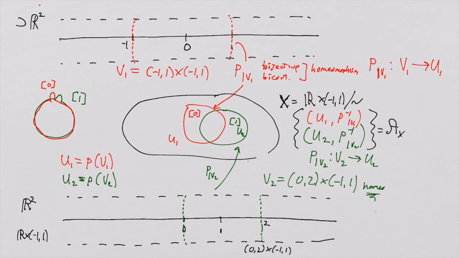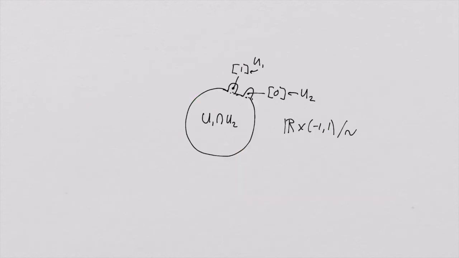U1 contained 0 and U2 contained 1. Okay, so I got it wrong. So this is U1 contains 0 and U2 contains 1. Okay, so that is our